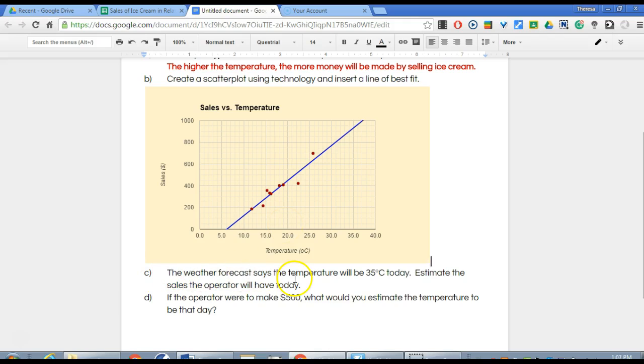So the weather forecast says the temperature will be 35 degrees today. Estimate the sales the operator will have today. All right, so 35 degrees Celsius is right here, so I'm going to use the fact that this trend line is extended to extrapolate the information. So moving all the way up to 35, I see that I have a dot right here, and I'm going to trace that over here, but it's between these two grid lines,